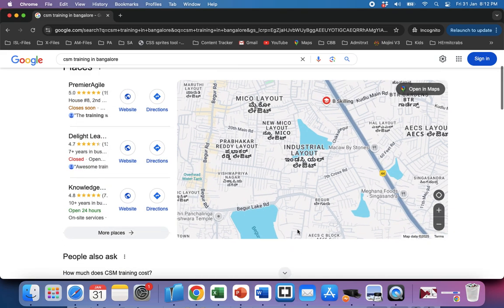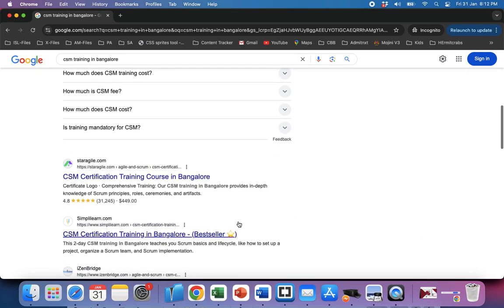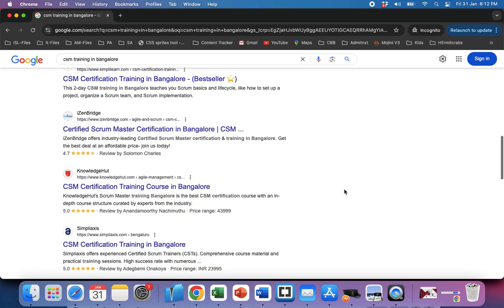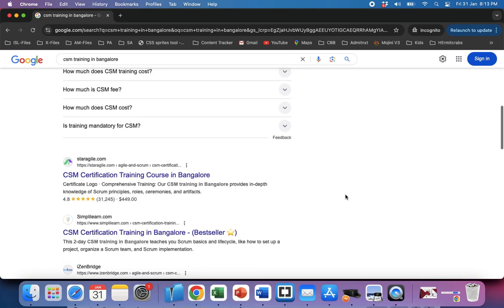That's when Google introduced another metric called click through rate, correct? If Google had to rank your website based on the crawl frequency, it might show any random website which is not selling CSM certification training. A blogger might have written which is the best institute to take CSM certification training, or what is CSM certification, but your search query is CSM training in Bangalore, or just CSM training, correct? If it placed the website on top purely based on the crawl frequency, it might serve irrelevant information. It was actually happening. So that's when Google introduced something called CTR.